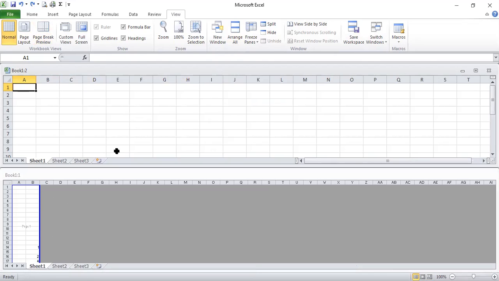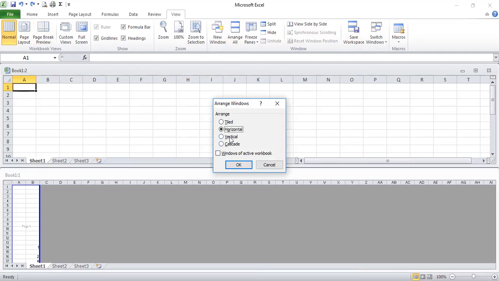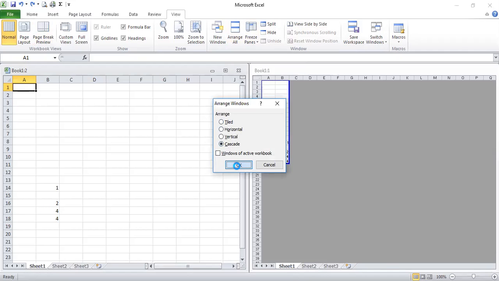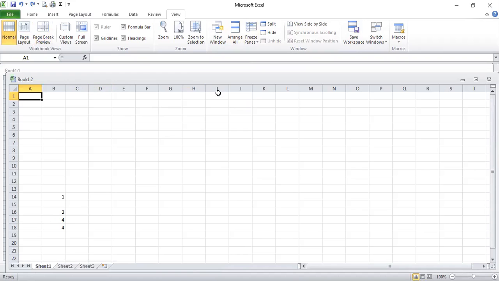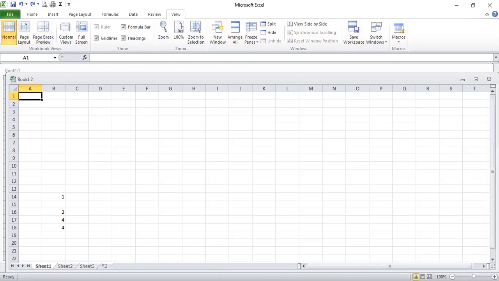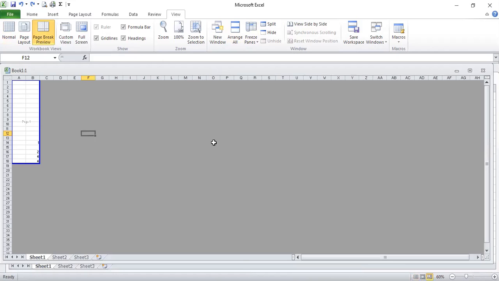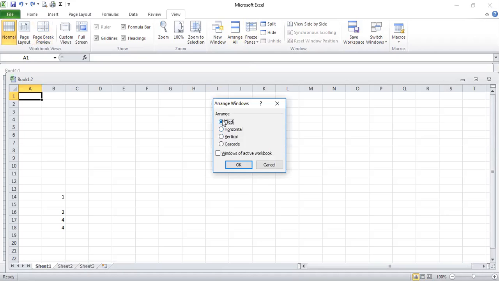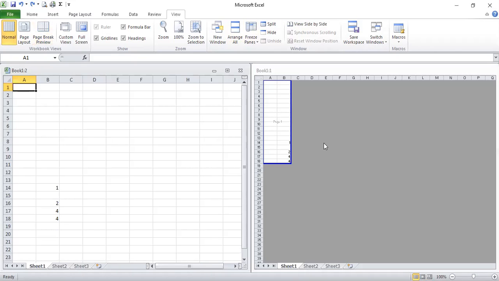So two windows we can open, right? Vertical, it will divide the things into two equal parts, and cascade is one after the other, like a waterfall. As you see, this is book two, ये नीचे वाला book one है, ठीक है, and this is book two, right? So this is how we can arrange them in some order to help us, right?